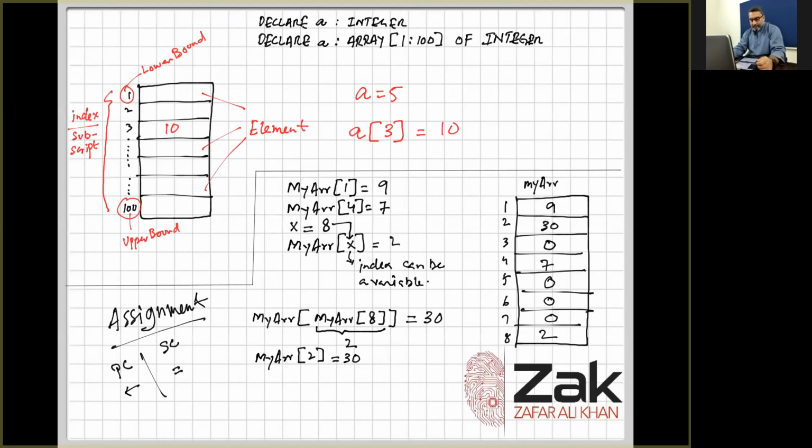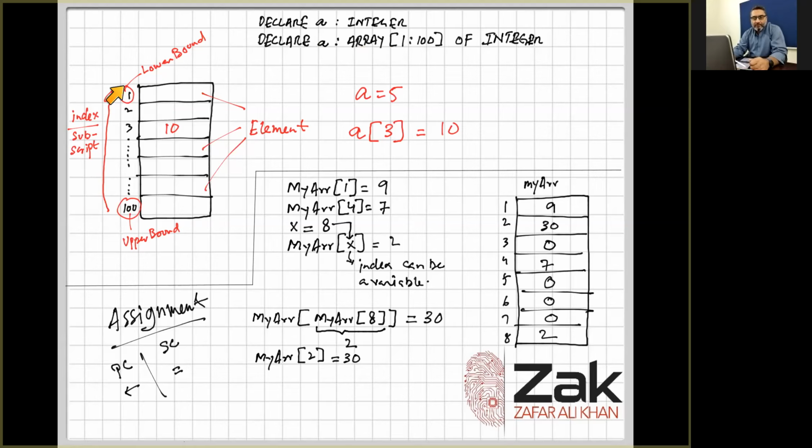Now, this is the declaration. When we declare a variable, we declare it this way, but when we declare an array, we declare it this way. The word array and the lower and upper bound of the array are mentioned with the word "of". So DECLARE A is an array, the name of the array is A. The array starts from the first index and goes up to the 100th index, and the type is integer. So this array will be created, which will be starting from 1 and will be ending at 100,